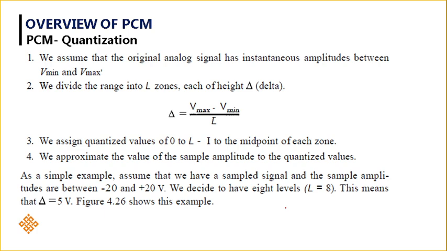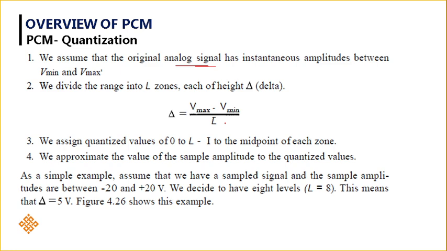Coming to the next very important step, the quantization technique. Here we need to assume the original analog signal has instantaneous amplitude between V minimum and V max. So we need to assume some values, the highest voltage and the lowest voltage. Then we need to divide the range into L zones. The complete signal range should be divided into L zones. Each zone's height we call delta. How to calculate that height delta: delta is equal to V max minus V minimum